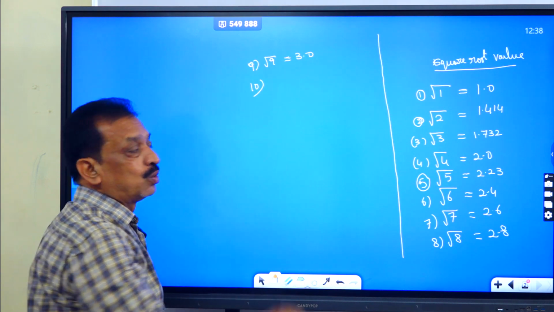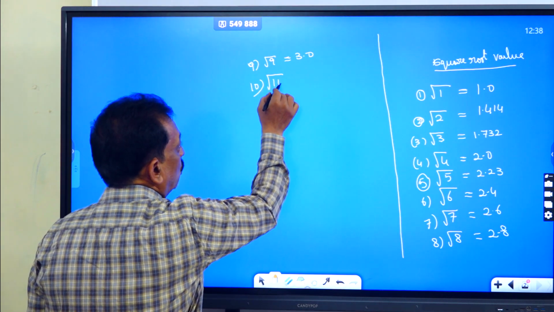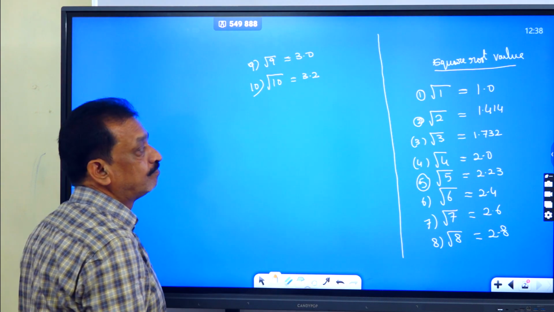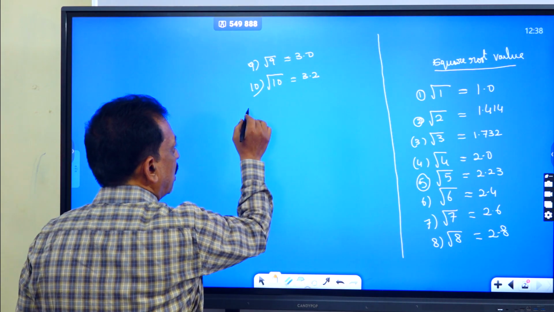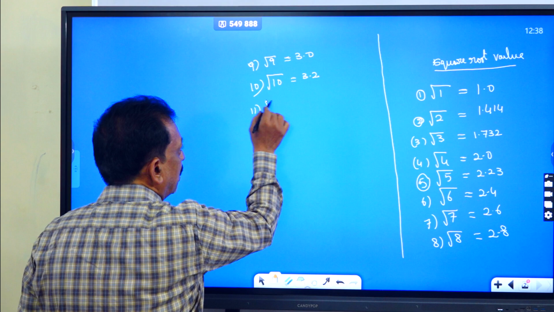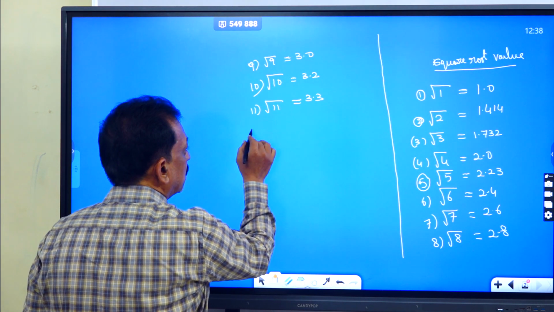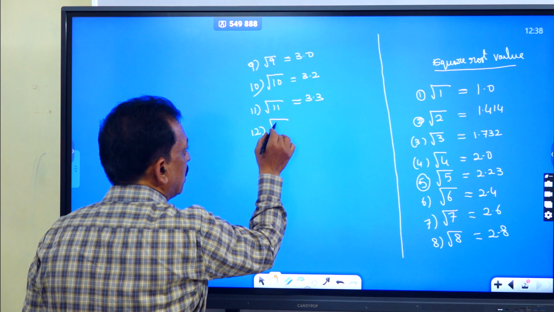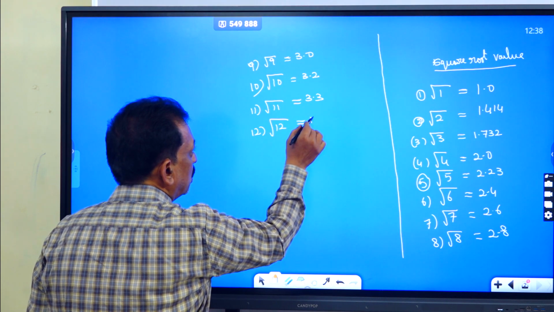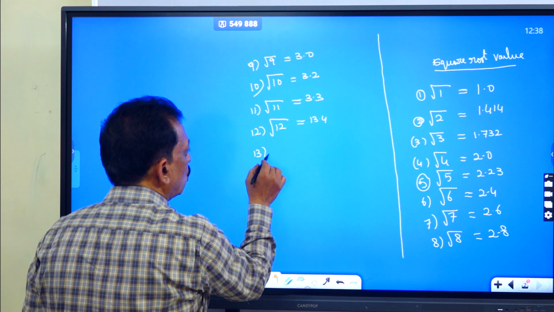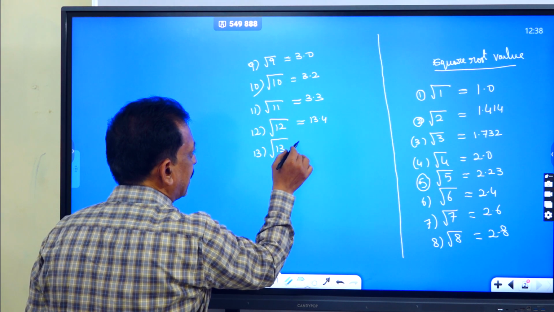Root 10, the square root of 10, is equal to 3.2. Okay, and root 11 is equal to 3.3. Root 12 is equal to 3.4, and root 13 is equal to